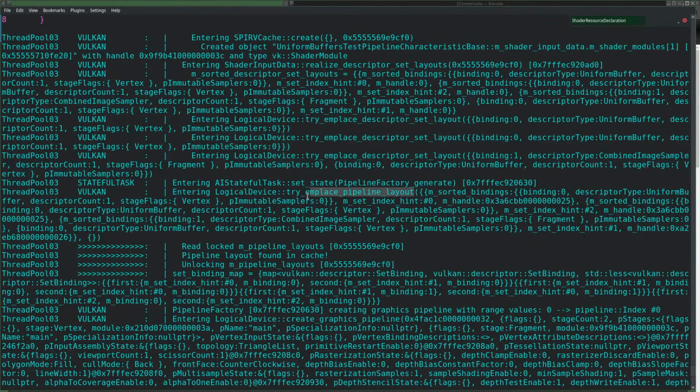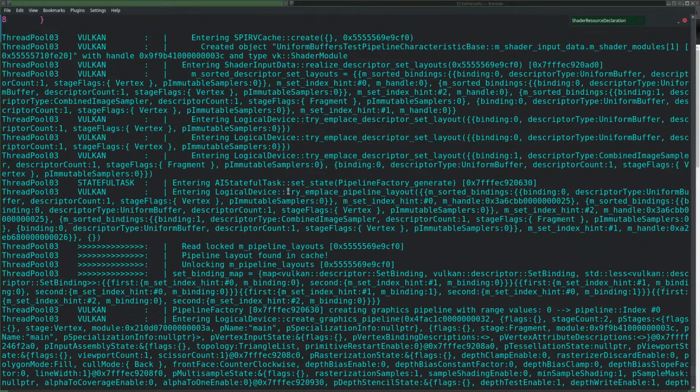Okay, here we have the pipeline layout. I think that's just the pipeline layout that's being used, right? Although we did find it in the cache. So what I really should do is look for the previous time that this was called.